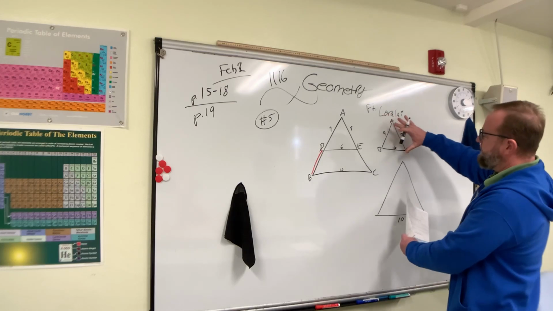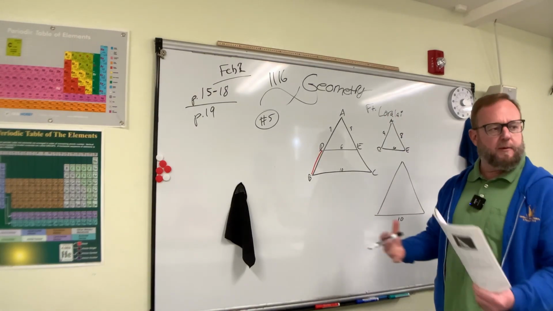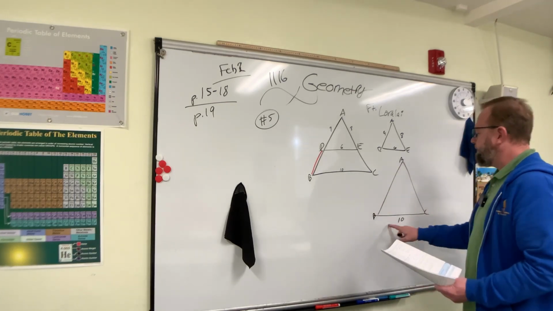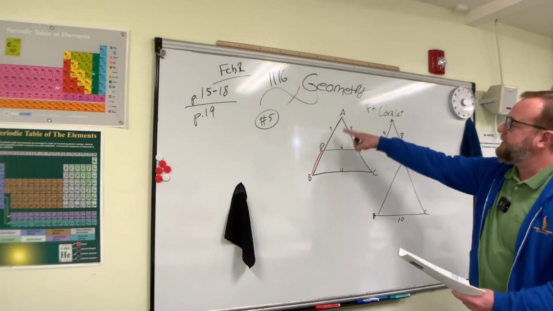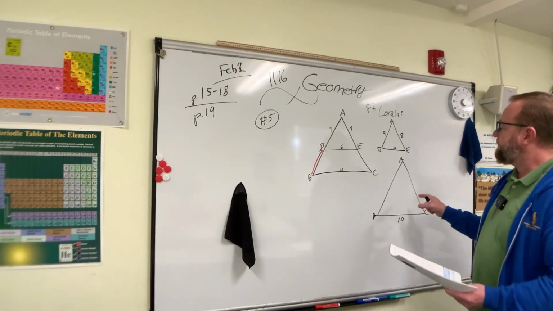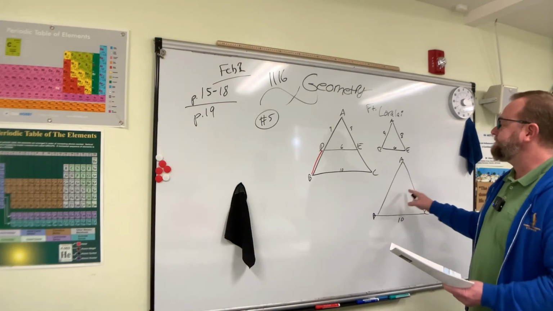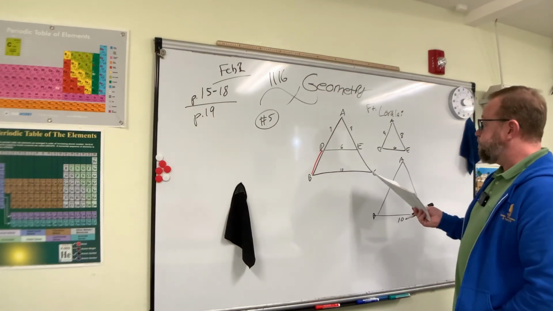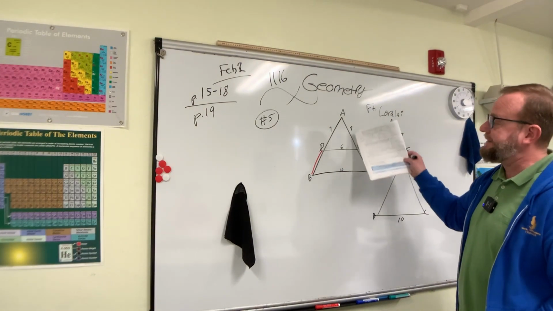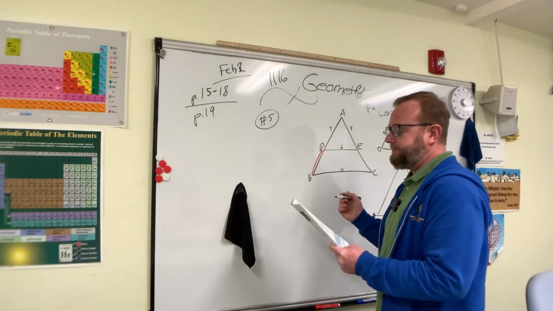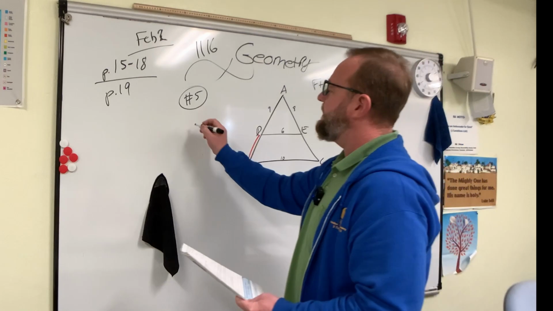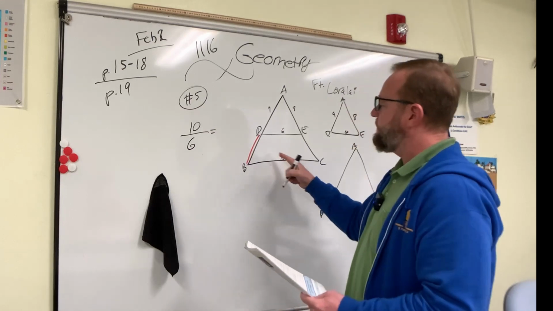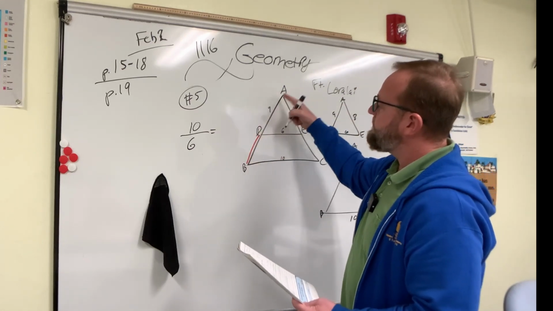So we separate out the two just so you kind of get an idea of what I know, what I don't know. It's a little clearer to see that this is ABC and this one is ADE, which I know all the sides of. This one I know is similar to it, but I don't know the sides. How could I find them? Well, I couldn't unless I know that this triangle is inside this one. Then I can set up a proportion. So if I go with my larger triangle 10 over my smaller one 6 and set that equal to this side, the larger side AB,